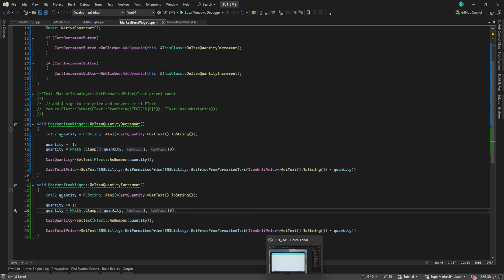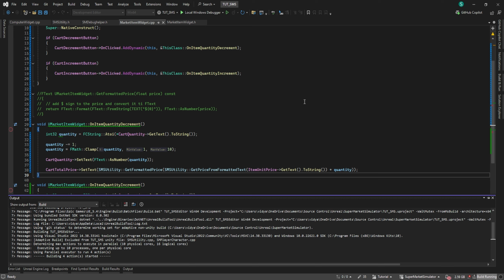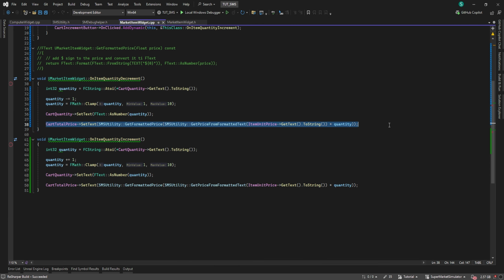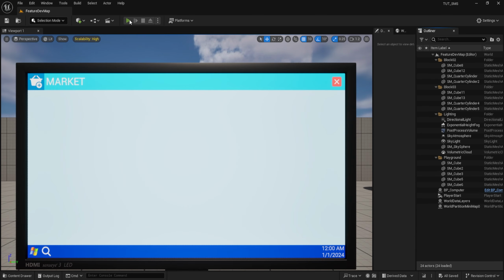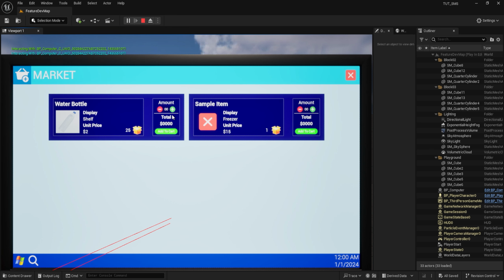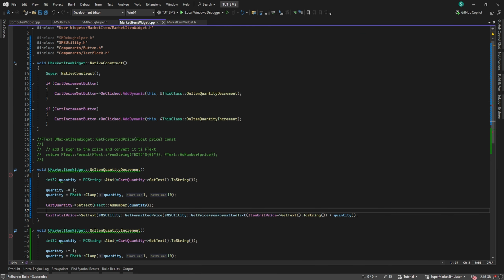Okay, and the other thing: before we click the item increment or decrement, the value is 0 0 0 0. There are 4 zeros. So at the beginning, let's call this line, let me show you. So here you see 4 zeros, and once I click one of these, it is going to change to $2. So by default, it should be $2 as the amount is 1. So at native construct, not instruct,